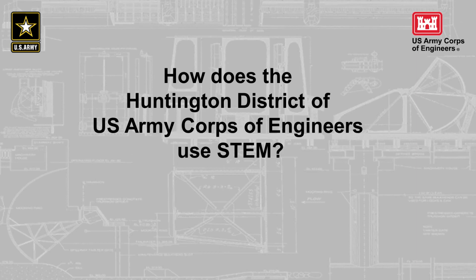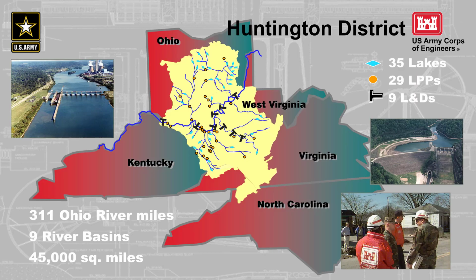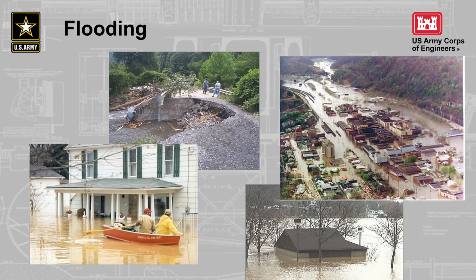Now, I can address how the Huntington District of the U.S. Army Corps of Engineers uses STEM. We are part of the Army, but we are almost all civilians. Our mission can be thought of as a federal water resource agency that happens to be run by the U.S. Army. One of our primary missions is called flood damage reduction, and in West Virginia, flooding is a very big